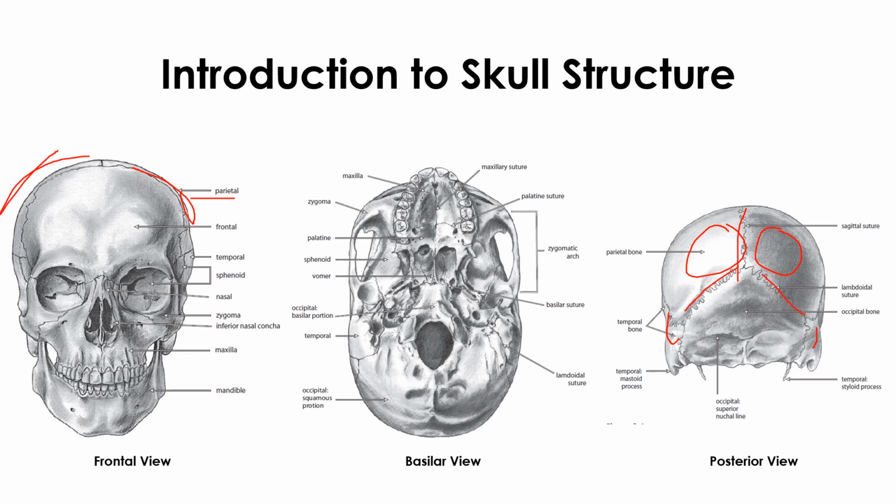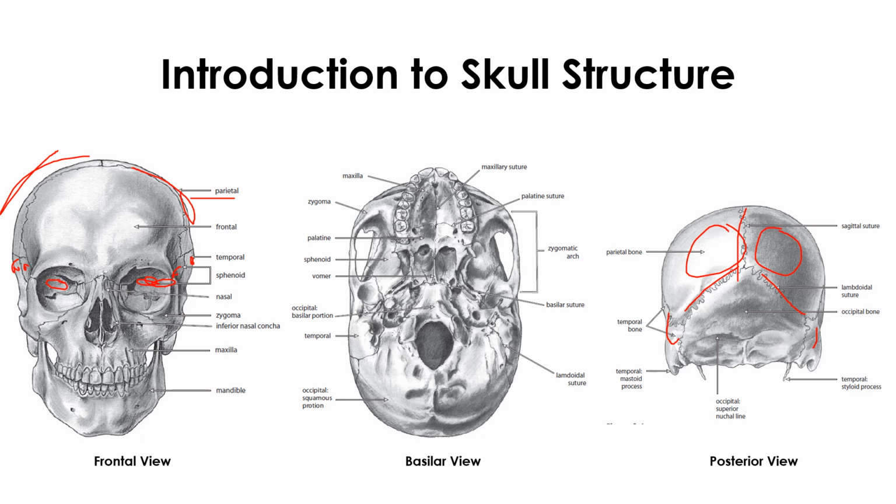Sutures we will study in age determination, that's the secondary part. The temporal bone is present on either side. On both sides we have the temporal bone. And this is the sphenoid bone. Okay, this one is the sphenoid bone. We can see the sphenoid bone passing from the exterior part to the interior part.